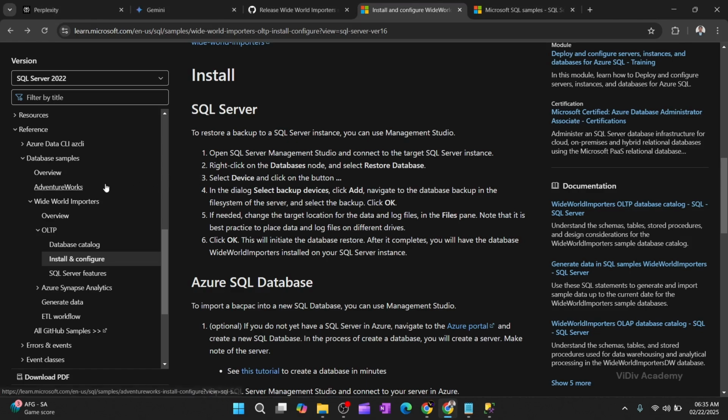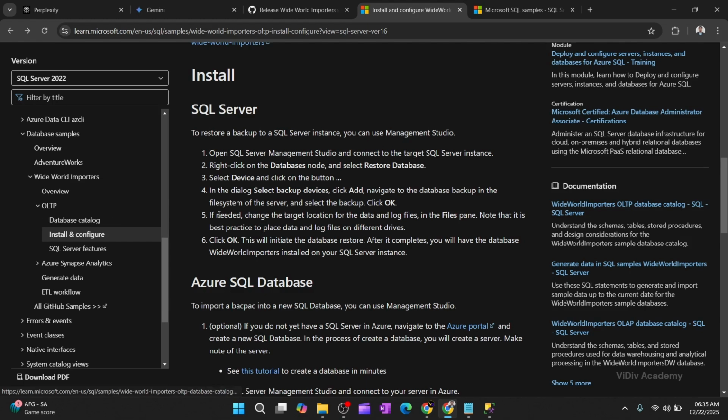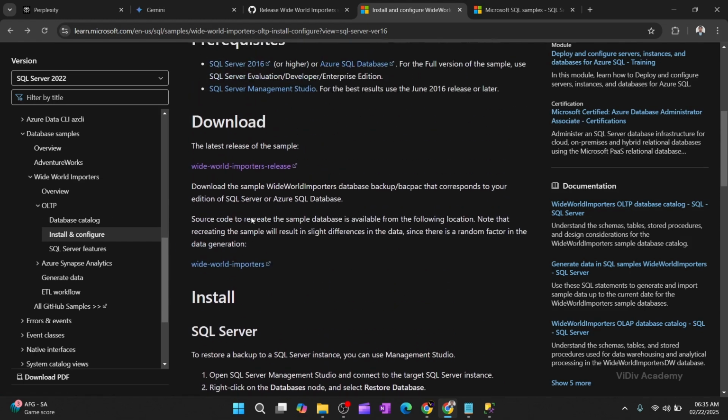You guys might have heard about the AdventureWorks database. It is the most popular database provided by Microsoft, right? So today we are going to install another database, that is, WideWorldImporters. Okay, so this WideWorldImporters you can download from